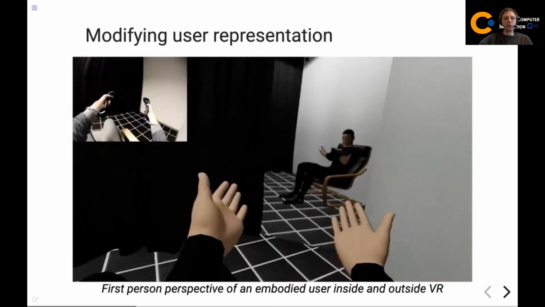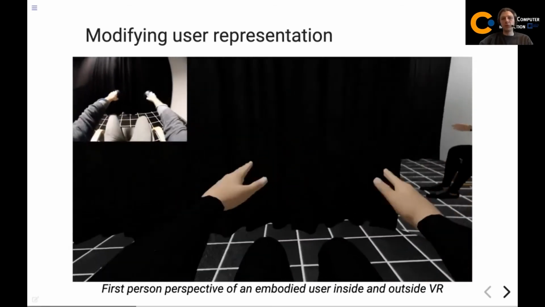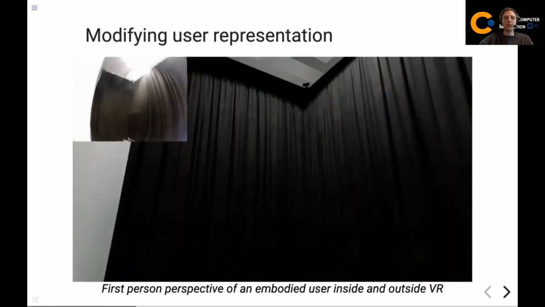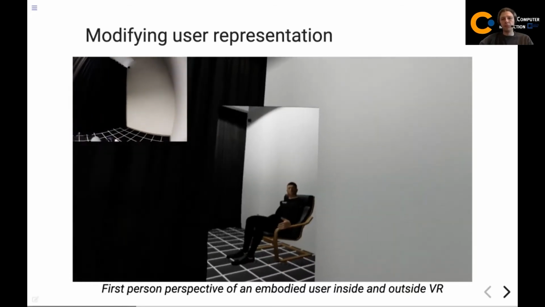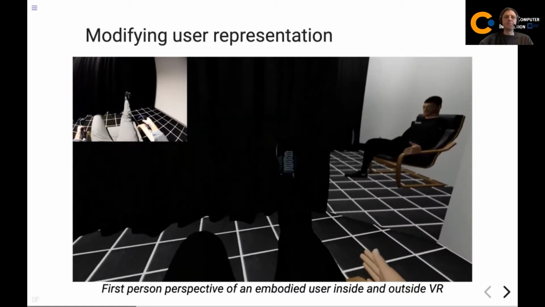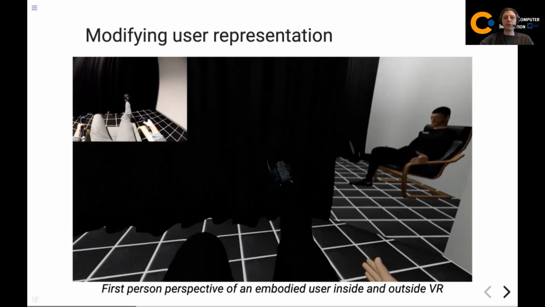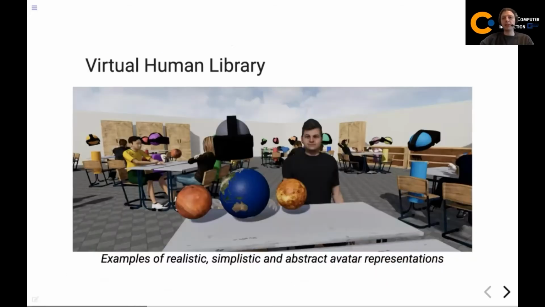You see the user in the real room wearing his controllers and the headset and seeing himself in the mirror, and when he looks down, his own body moves accordingly. Our virtual human library supports several realistic looking virtual humans or very abstract ones, like you see here with just a pillar and a ball, or normal semi-realistic agents in the back.